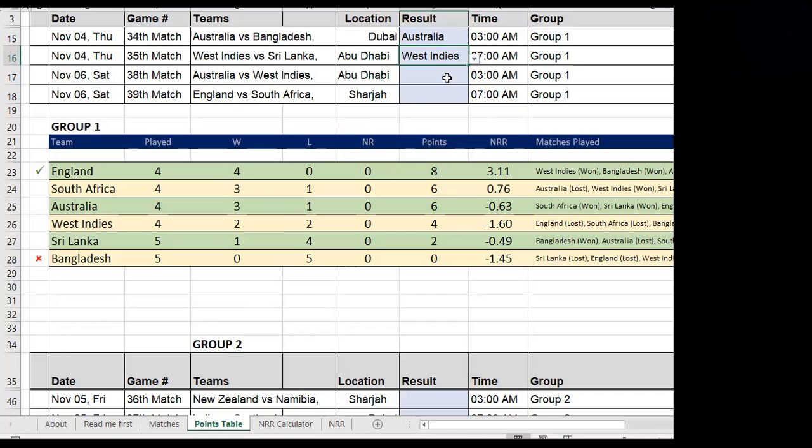For example, here's a scenario for West Indies to surprise everyone and actually qualify. They need to win both of these games, and then England must win the game against South Africa. If that happens, England would be on top of the group with 10 points, and South Africa, Australia, and West Indies would be tied with 6 points apiece, which means the team with the best net run rate out of these 3 would make it to the next round. So again, this tool is available for you. Go ahead and download it and have fun with it.